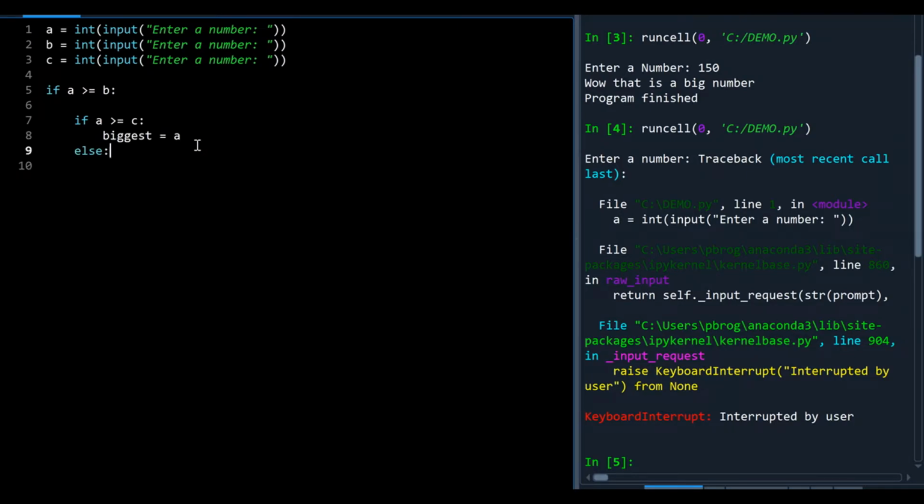Otherwise, if A is bigger than B but C is bigger than A, that means C would have been the biggest number. All right, so that's what would happen if A is bigger than B. Those are the only two options that could exist. But if A wasn't bigger than B,